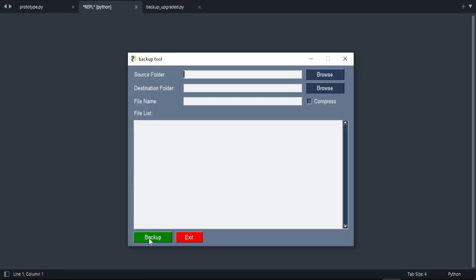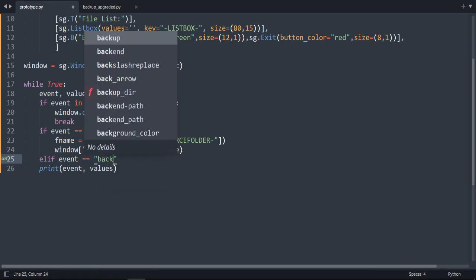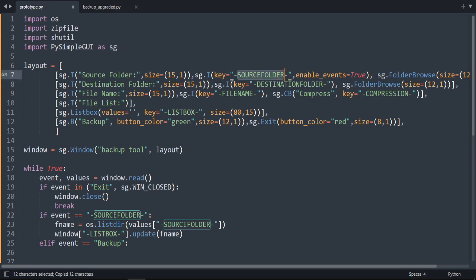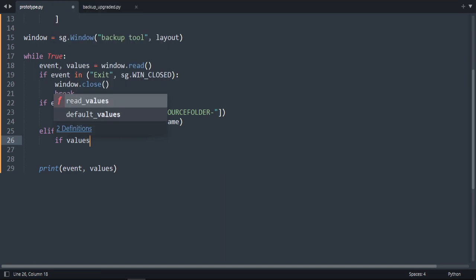So when we press on the backup button, what's going to happen? First, we're going to check if all these inputs are filled. If it's not filled, it will show up a pop-up saying that it's not filled. So let's do that. Else if event is equal to backup. So I'm not using a key, I'm just using the name of the button. So here we're going to check if the source folder is empty. Say if values